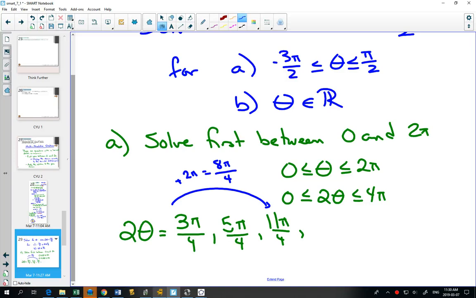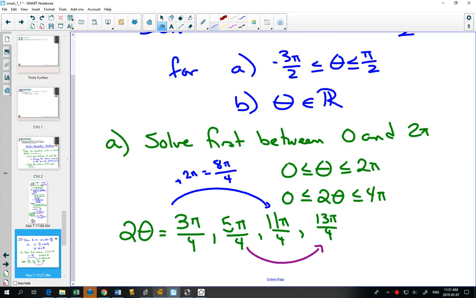So we add 8 in this situation because it's pi over 4. If it was pi over 6 initially, when you add 2 pi, you'd have to add 12 pi over 6. So it all depends on what your denominator is here. I'm going to add 2 pi to that one. I'm going to do the same thing with this one and add 8, 13 pi over 4. I'm actually adding 8 pi over 4, but what ends up happening in your numerator, you're just adding 8. So those are the 4 answers between 0 and 2 pi